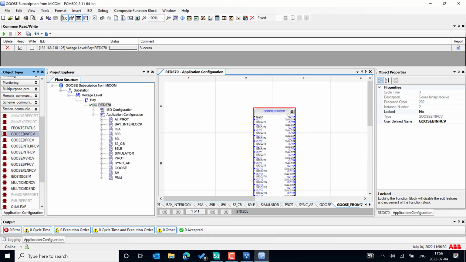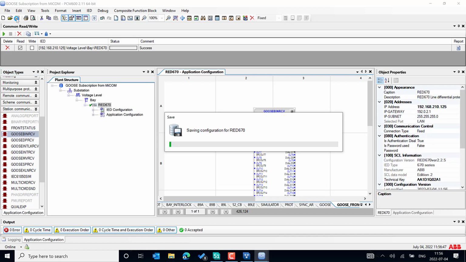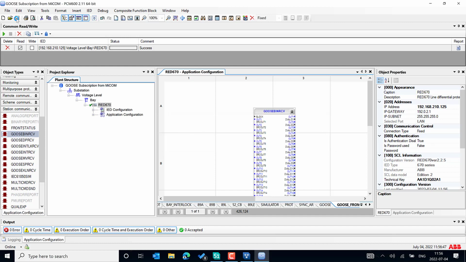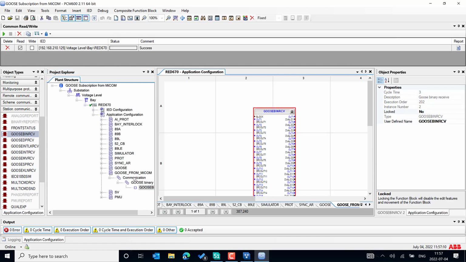After we insert the GOOSE binary receive function block, we just say save, which is under the edit menu of the PCM600 main menu. After we save, we just need to enable the setting for the function block that we have added. By default it will be in the off condition, and we need to manually enable it by selecting the function block after we save. And we can see the PCM plant structure. There is a new function block added. By right-clicking the GOOSE binary receive function block, you can go to the parameter setting tool. There we can enable the setting,